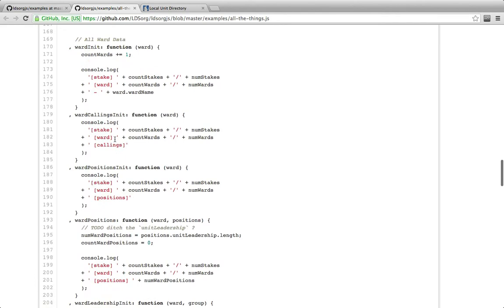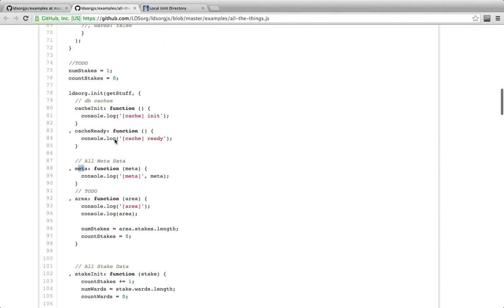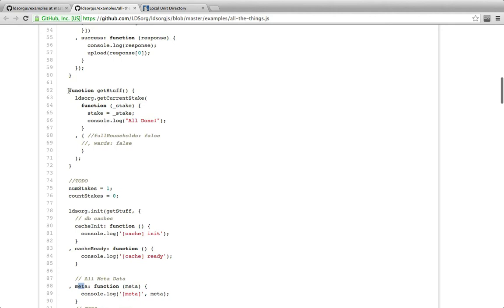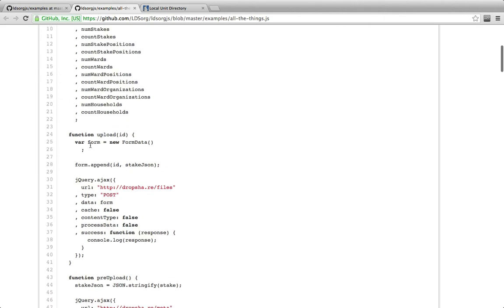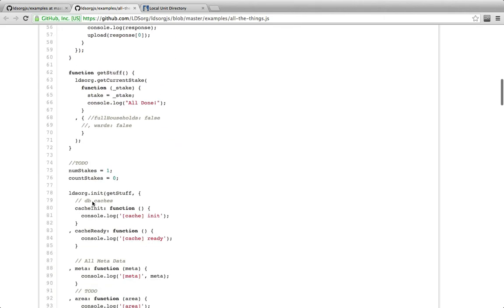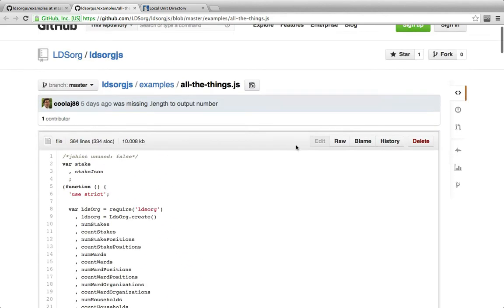Let me scroll back up to the top here. So again, it's mostly just this get stuff, this LDS.org init, and then the listeners, and there's a couple of initializations. These couple of functions, these two, they don't work yet, so you don't need to worry about those. I'm going to go back to the top and click on raw,